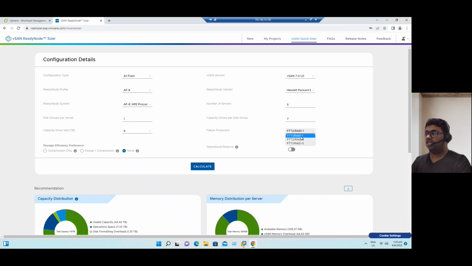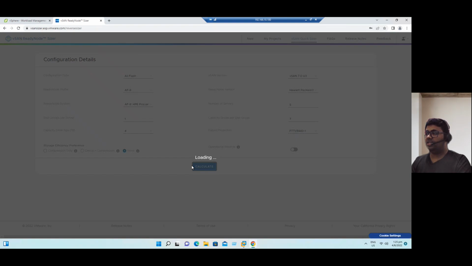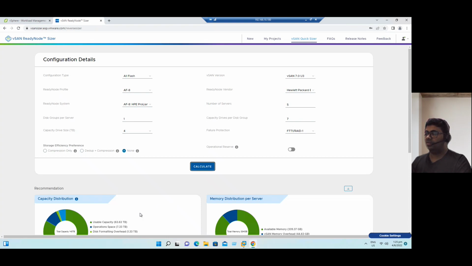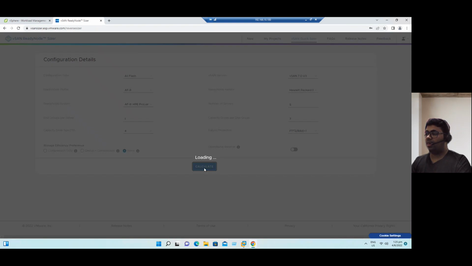With FTT1 RAID 1 we get some additional capacity. So we can suggest to the customer that if they use FTT1 they can get 63 TB, and if they use FTT2 the capacity is only